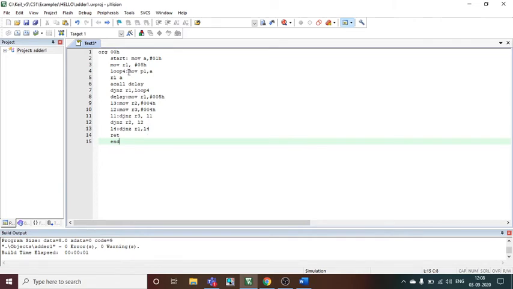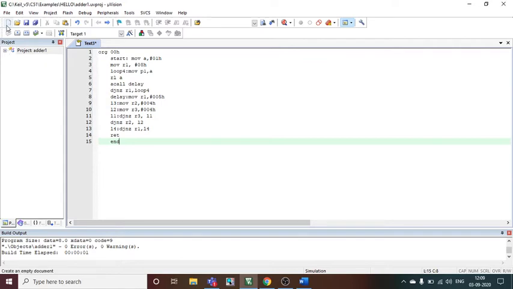The major part of the program is the delay program, this counter, and the bits we are entering into the accumulator, which will be used to rotate from 01, which we have used, which will be rotating from left to right.